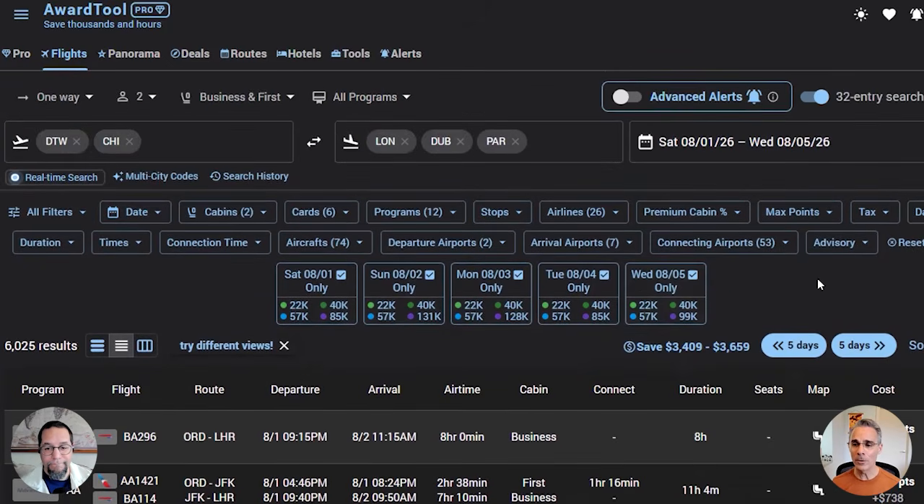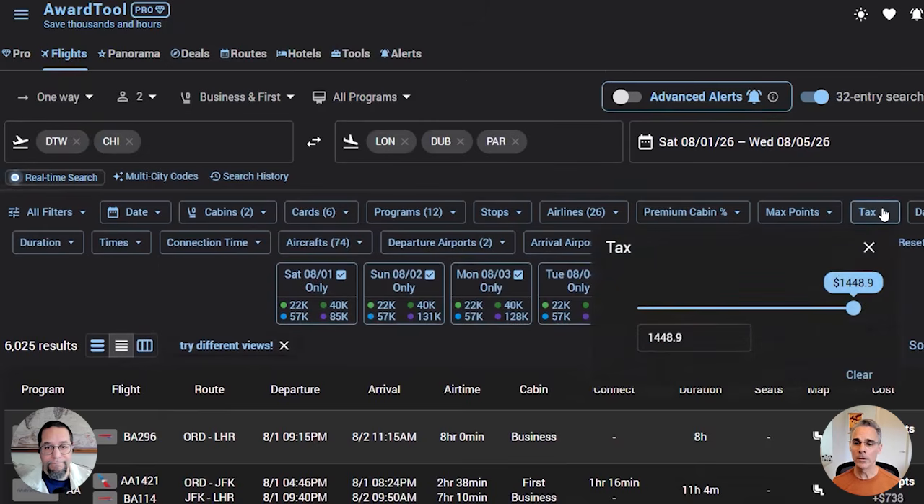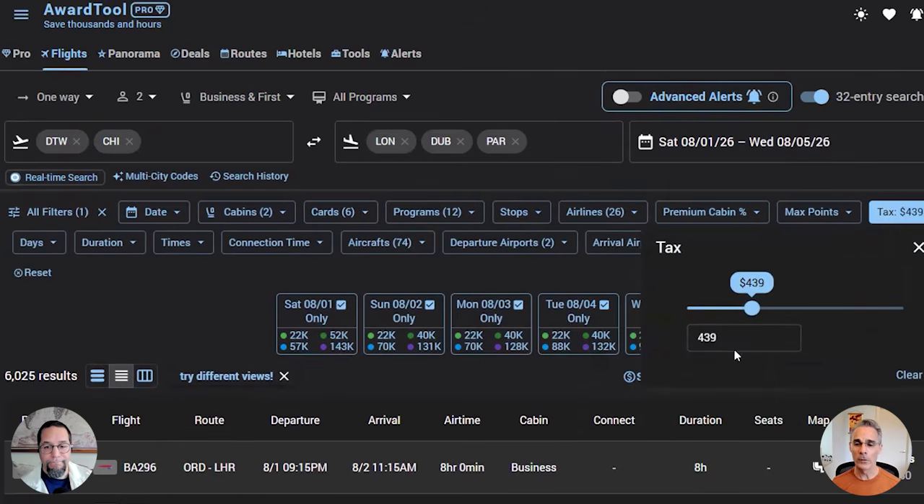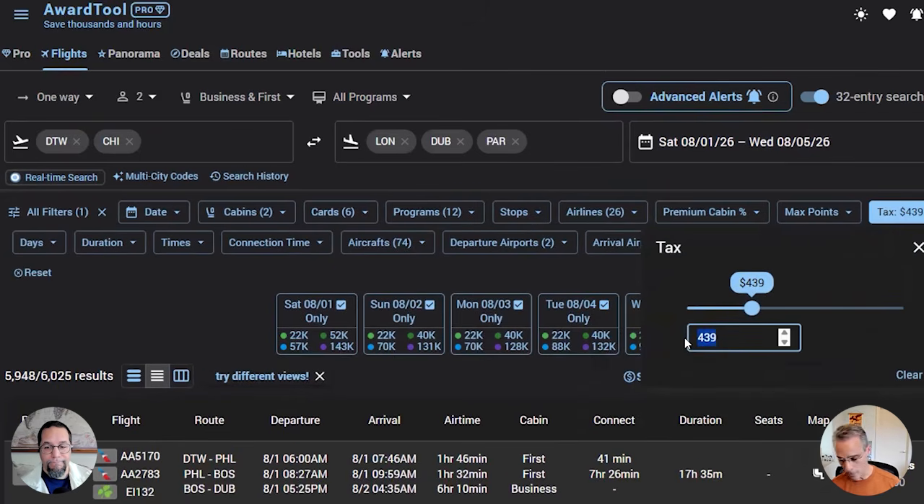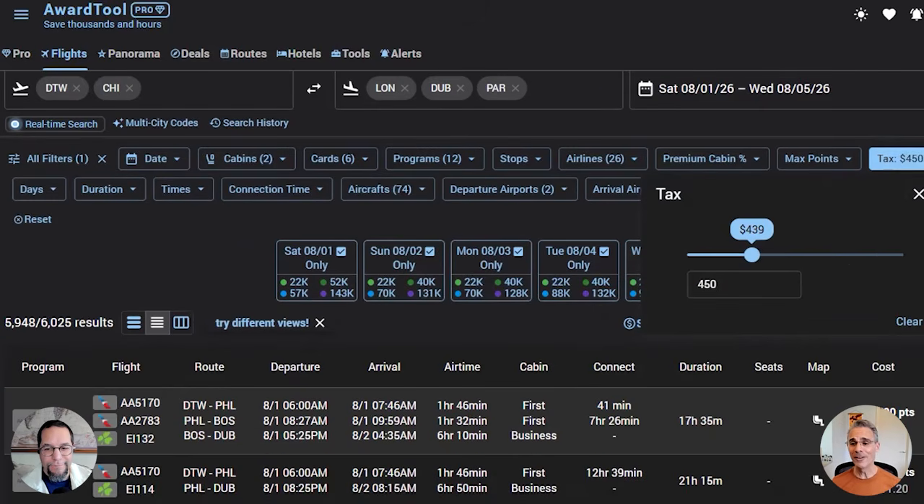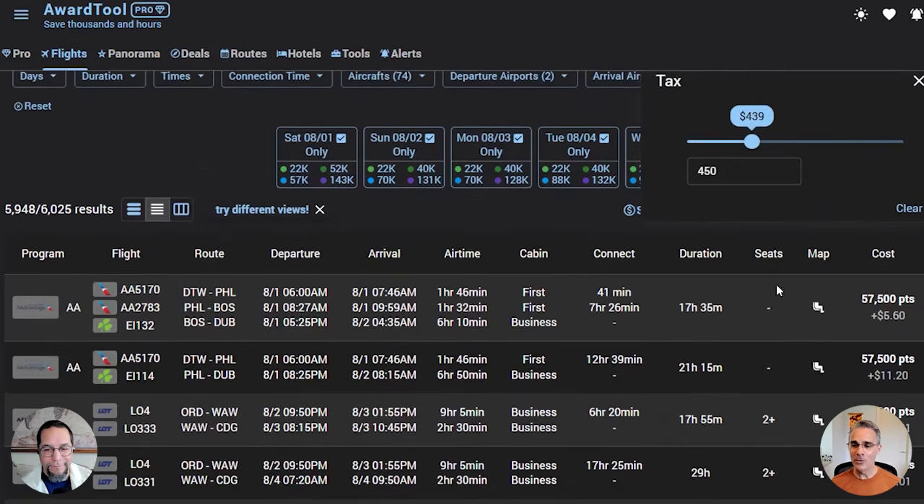And if you don't want to pay that much in taxes, you can filter the results, simply lower it down to what would be palatable to you. You could just use a slider, or you could type in, maybe I don't want to pay more than $450, so I'll just type that in. That didn't appear to work right at first, but you can see that it has that $450 number right up there. Okay, so now it got rid